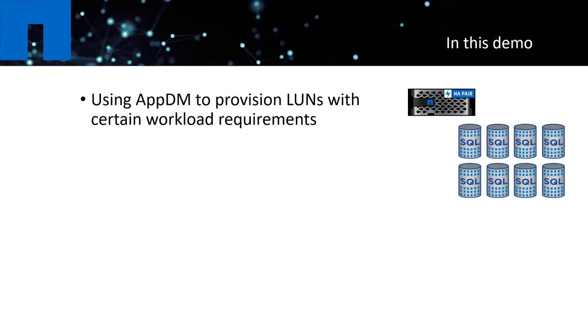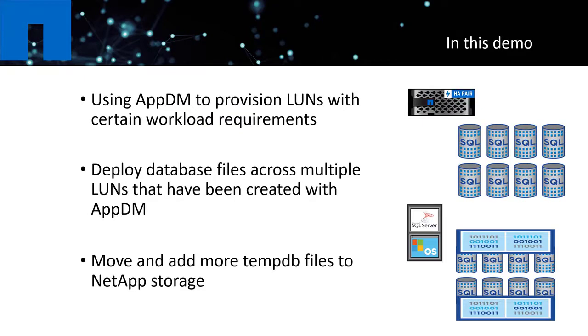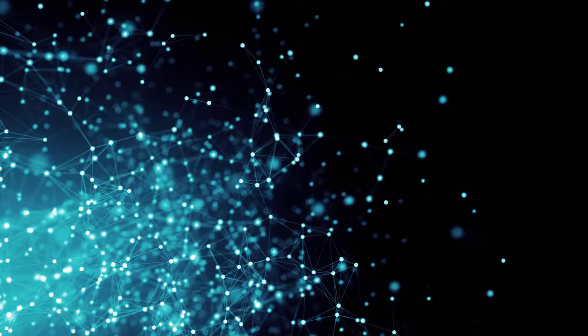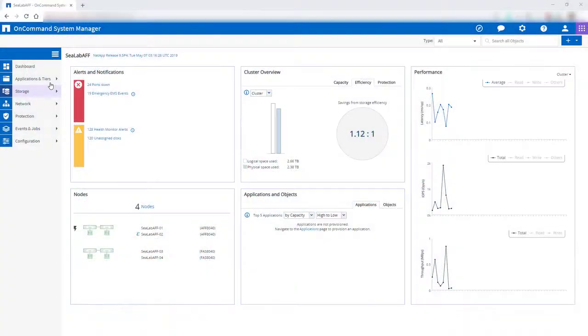In this demo, we'll use AppDM to provision LUNs that meet specific capacity and performance criteria for our SQL Server database. We'll then create databases that have database files residing across the newly created LUNs. We'll show how to move tempdb files from a local disk to fast NetApp storage to improve performance of SQL Server. So, let's begin. From ONTAP System Manager, you can provision storage for a SQL Server database by navigating to